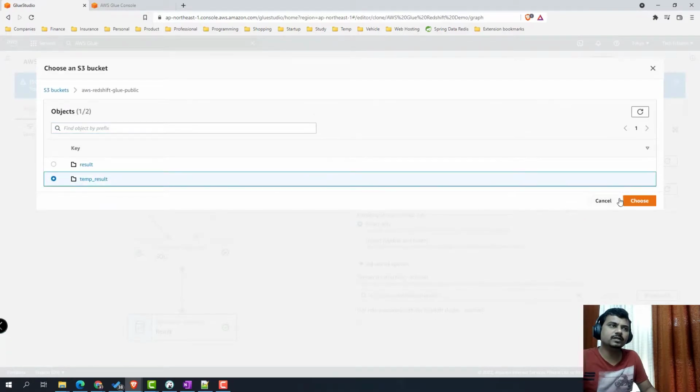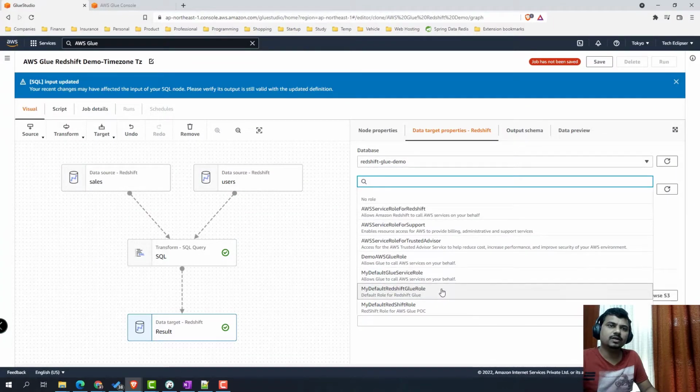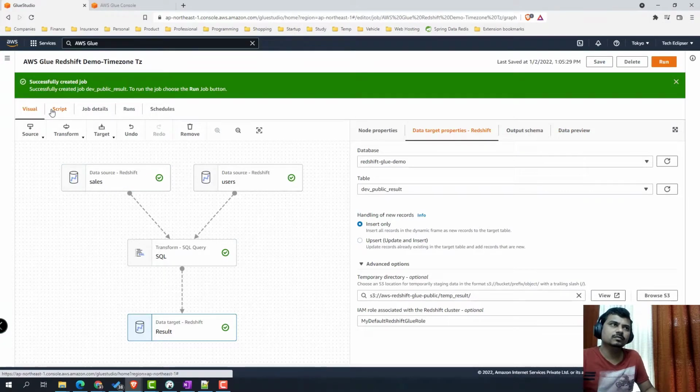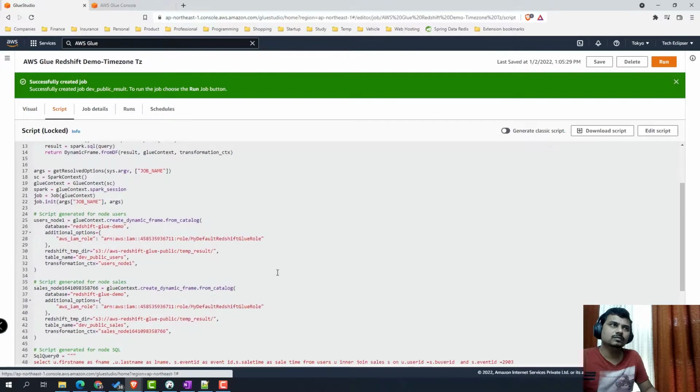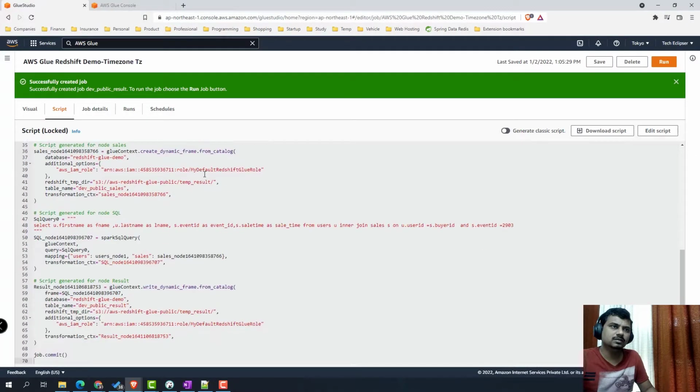We'll have to provide the temporary result location, and then we'll have to associate the IAM role. So we'll just verify the script. That's correct.